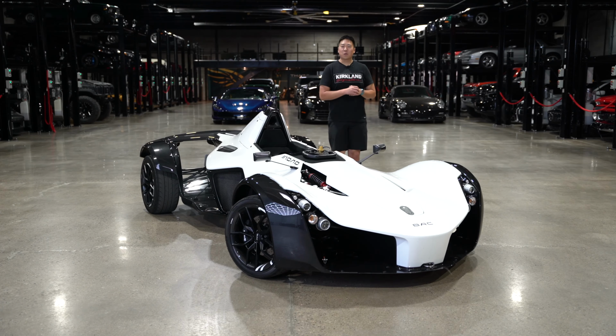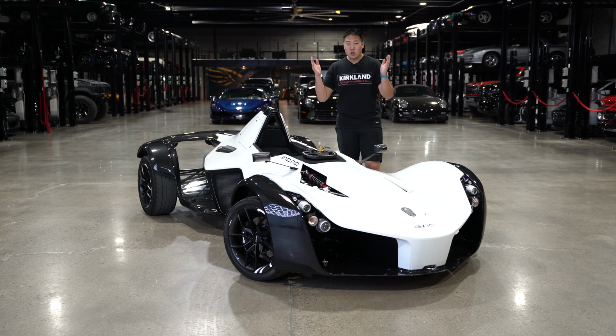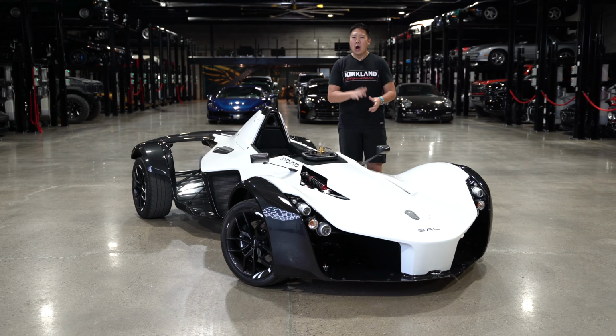Are you bored of regular supercars and hypercars? You own all the latest Lamborghinis, Porsches, Ferraris, and McLarens. If you are, you should consider one of these, the BAC Mono. A race car that will try to remove your face if you are not wearing a helmet, but is somehow